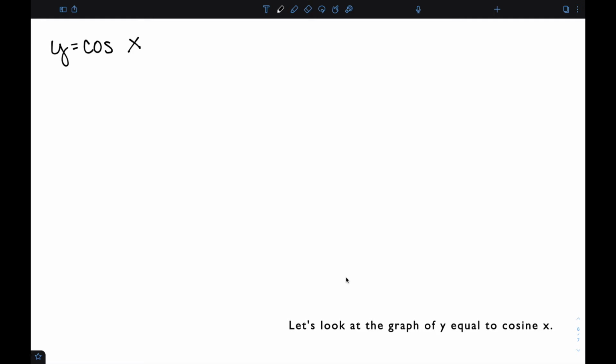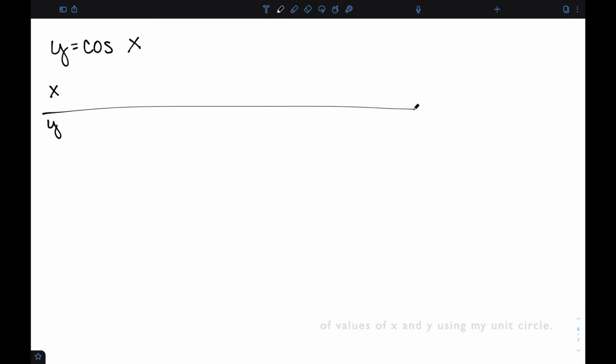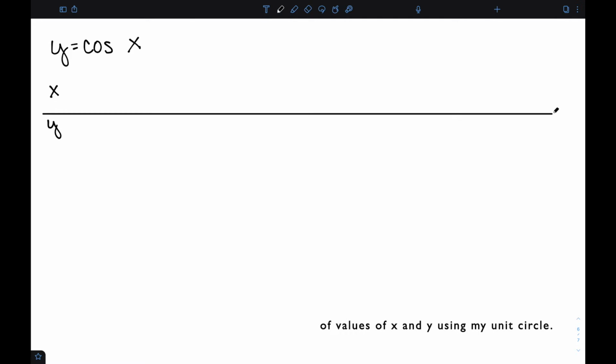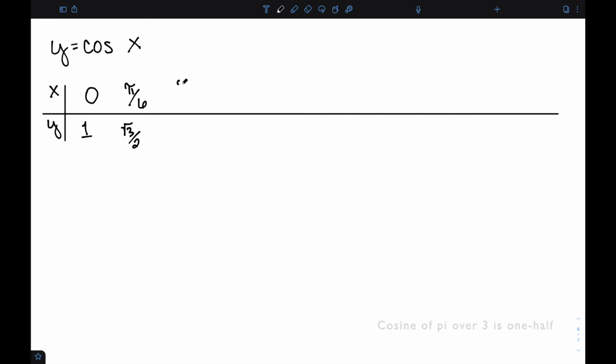Let's look at the graph of y equals cosine x. I want to start by creating a table of values for x and y using my unit circle. We know that cosine of 0 is 1, cosine of pi over 6 is square root of 3 over 2, cosine of pi over 3 is 1/2,